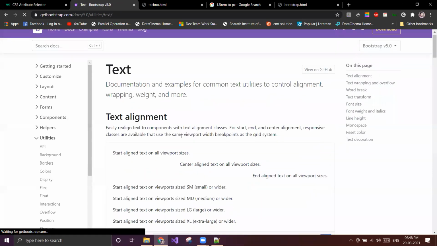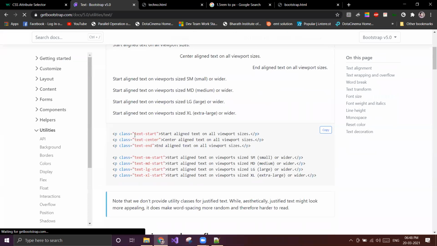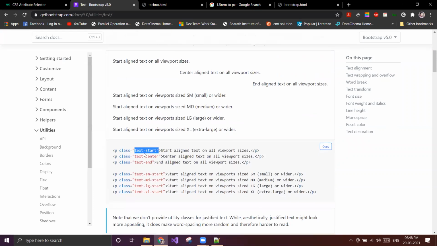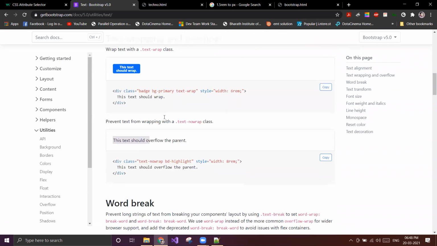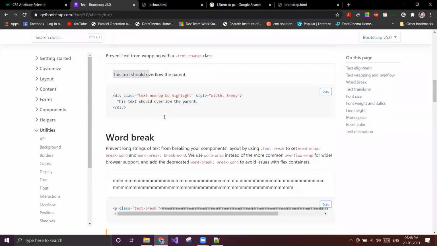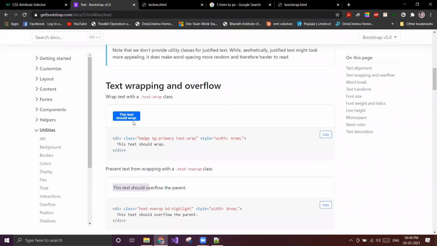Then text. Text-start, that is text align left. Text-end, that means text align right. Text align center is text-center. So you write text-center and everything will be aligned to the center. Then we have text wrap, text overflow.